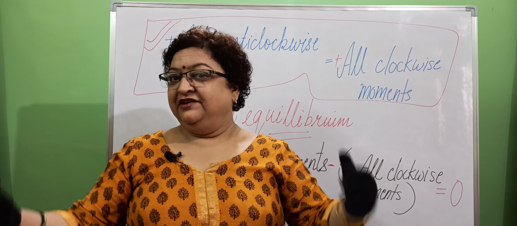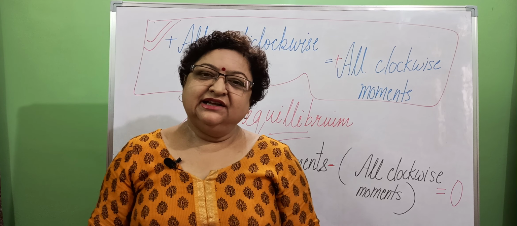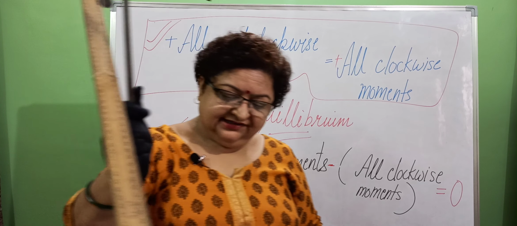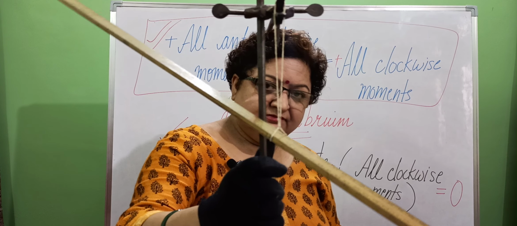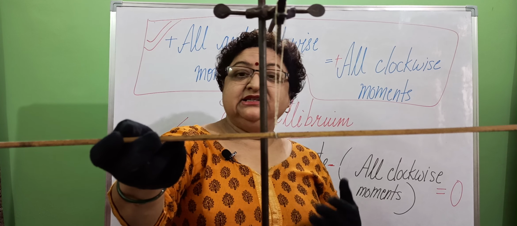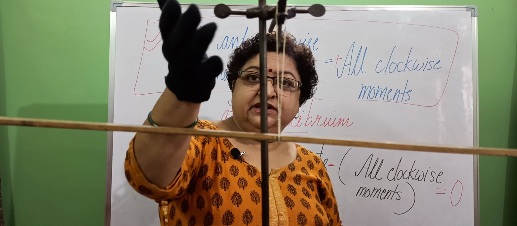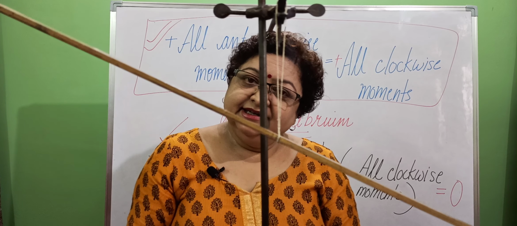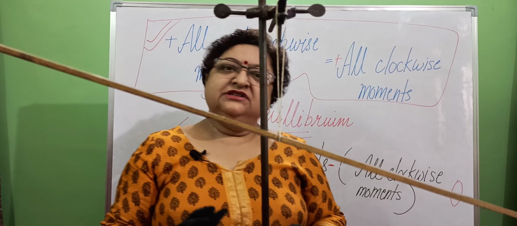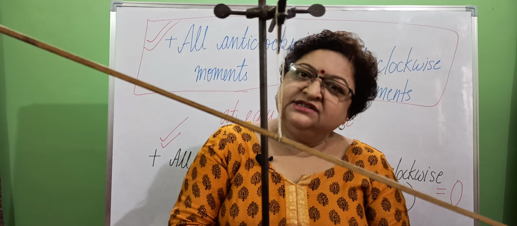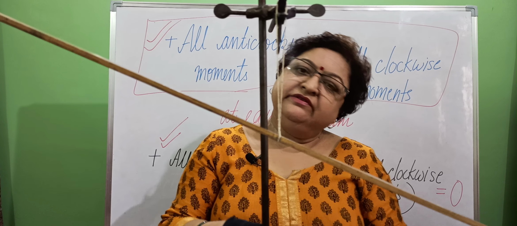Morning class, and here we are with our experiment. I am having a vertical stand and a meter scale, its length is 1 meter, suspended with the help of a thread to this vertical stand, right? Now let me first write the experiment's object, because we will understand the experiment